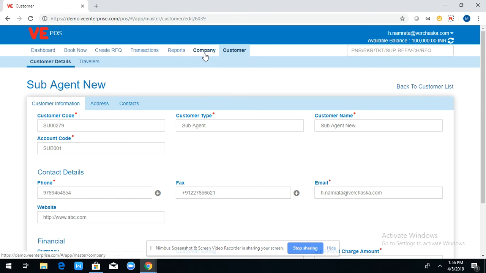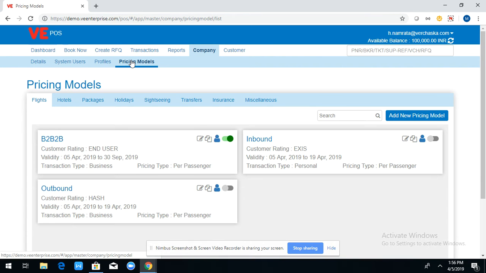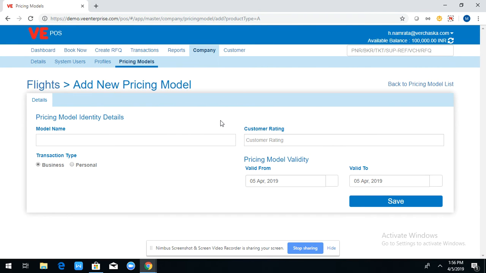Going back to company, here we'll see the pricing model creation. When I click on pricing model, I see three pricing models created. To create a new pricing model, I'll click on add new pricing model, where I'll mention the details.